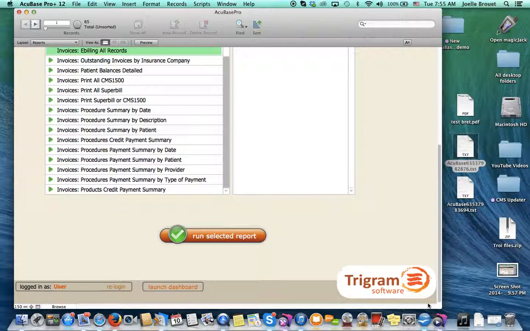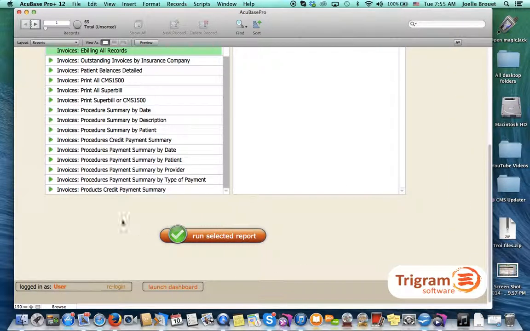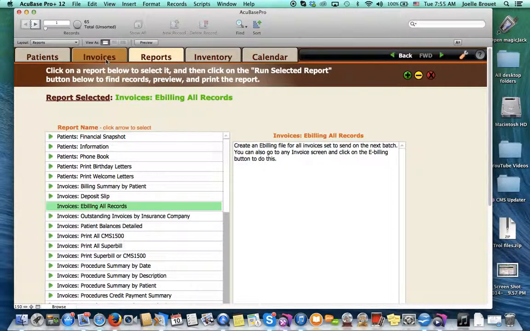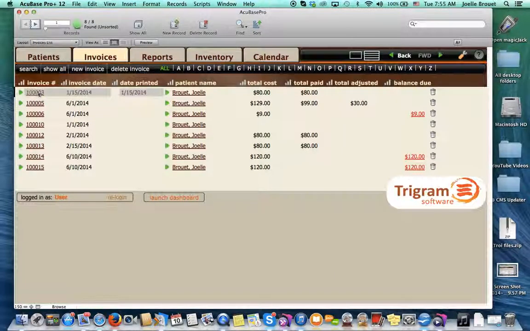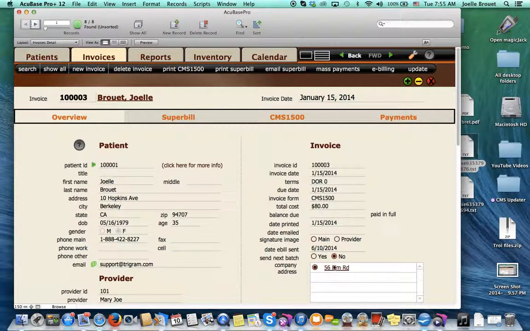Once you've created a batch, of course, all the invoices that were part of that batch will be checked to no. That's to ensure that they don't get included in the next batch. So if you take a look at them, they're now checked to no. If for any reason you need to